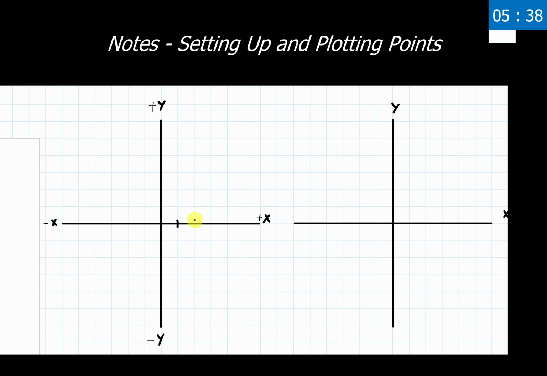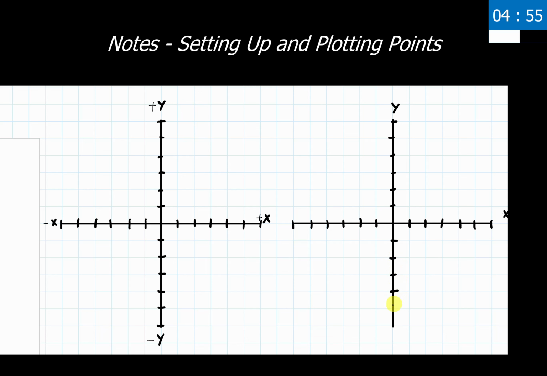So each of these tick marks needs to represent something. How much am I counting up by, counting down by, anything like that. So each of these axes can have its own individual scaling, but that entire axis needs to have the same one. So what that means is this entire y-axis I could be counting by tens, and then the entire x-axis I'm counting by ones. That's perfectly acceptable with all graphs. There's nothing wrong with that, as long as you stay consistent along that entire axis that you are currently labeling. So for our first one that we have here, I'm just filling in some of the tick marks on our second one as I'm talking about this.